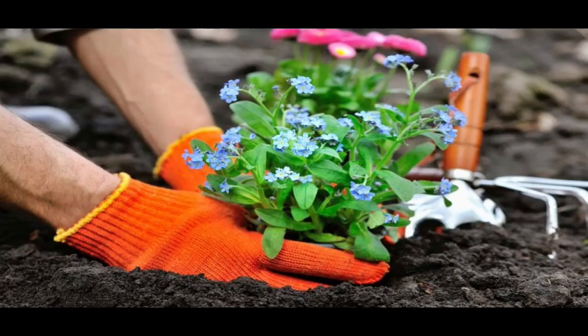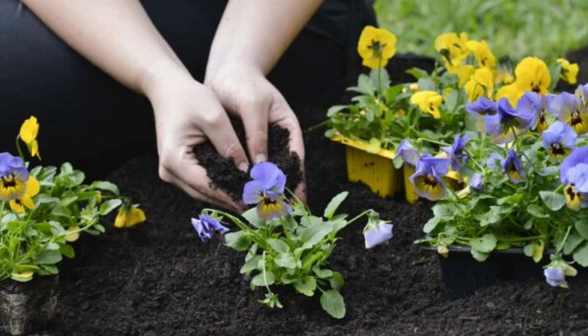Okay, this is the part of the year that I love the most. The month of April is the time for planting. And I can't wait. So April can be a little tricky depending on where your zone is. Now here in zone 8, usually our frost date lands around April 15th. They say that's the average frost date, but I can guarantee you I have seen frost all the way into May. So it's a good idea before you start putting out really tender annuals and vegetables that you take a look at the 10-day forecast, and I would wait till after April 15th to start putting in plants